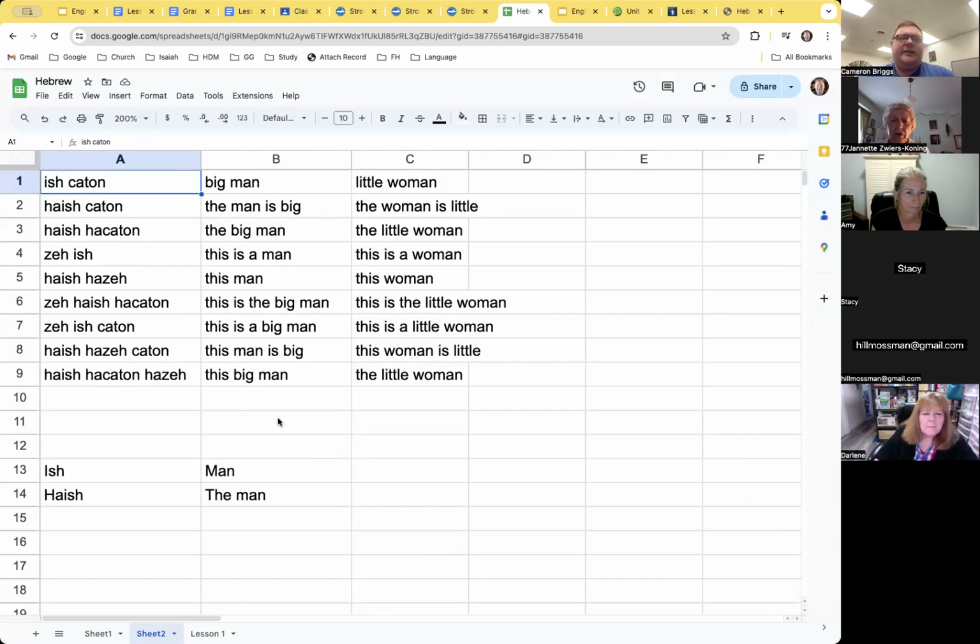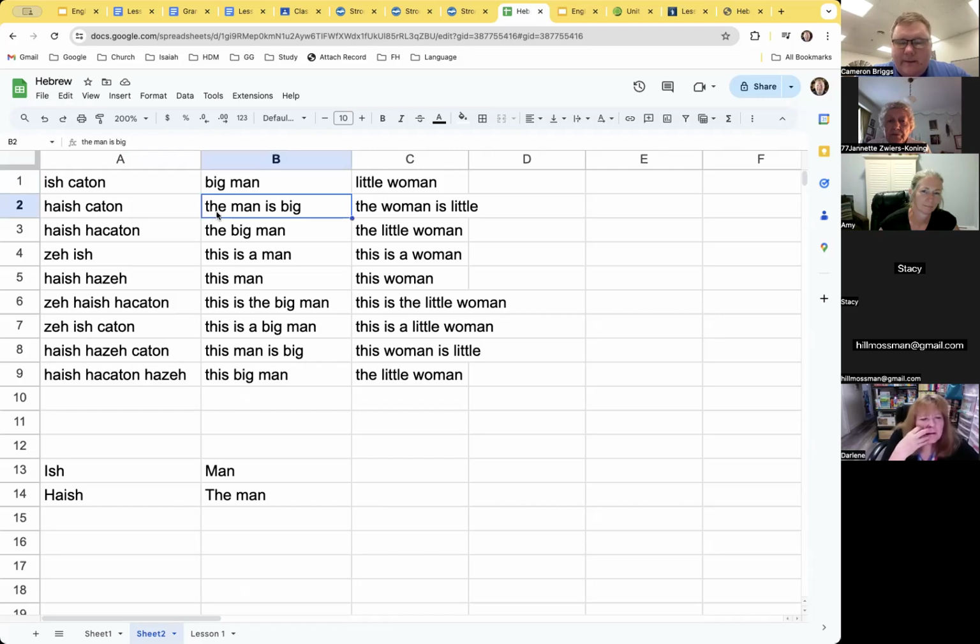So this is what we were working on yesterday in our in-person group, taking a look at how many different sentences we can make with just three words. So if we have ish katon, we have big man. There's no articles, so there are no demonstratives. It's just big man. Ha ish katon, when we introduce one article at the beginning of ish, it puts